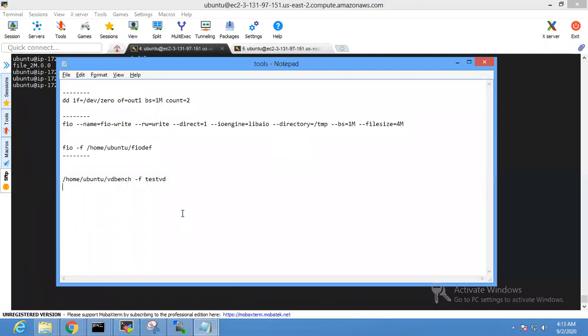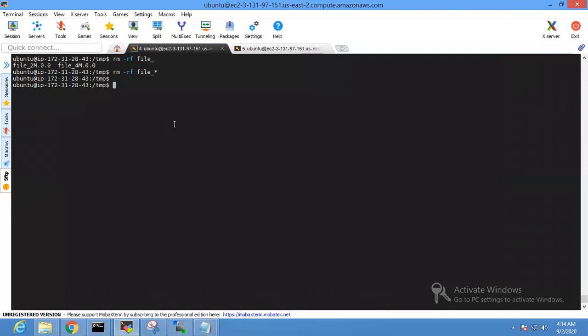Now my favorite is Vdbench. With Vdbench again, it's always preferred to create a conf file, and I'll show you what the parameters in the conf file are. It is a great tool to refer to for various workloads.